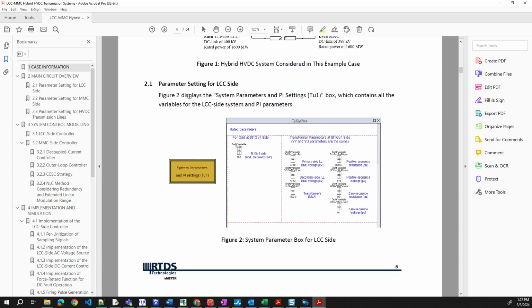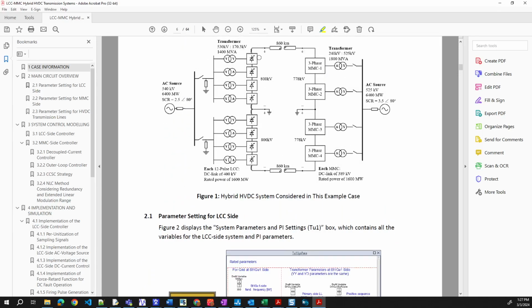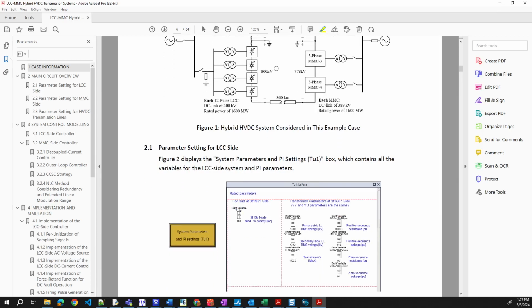Okay, for the transformer, we do see 530 here, and so we have this 530 stepped down to a certain value, and this value, 170.3 times what? 4. Okay, that's 800. Close to 800. Okay, that's fine.